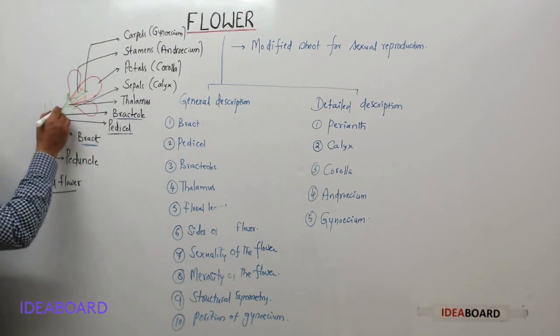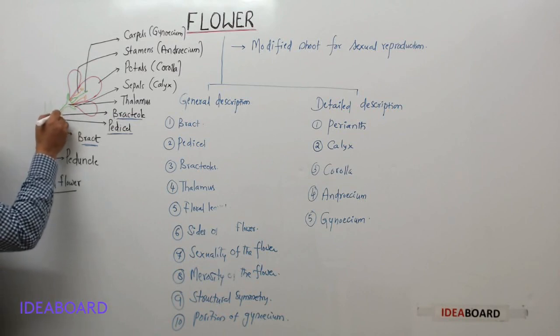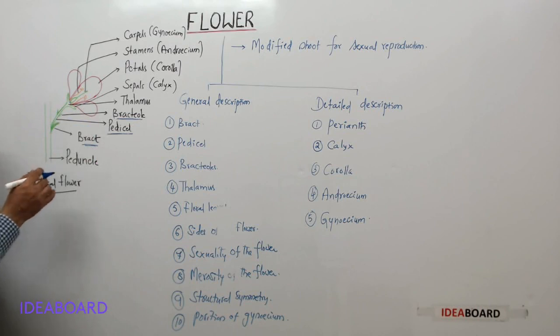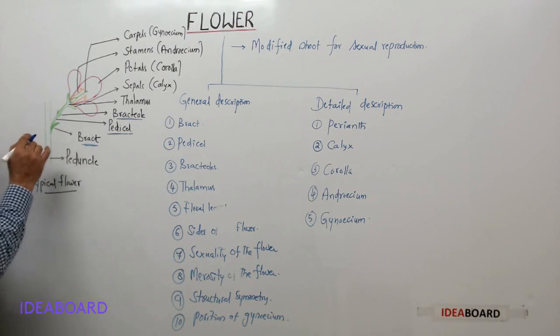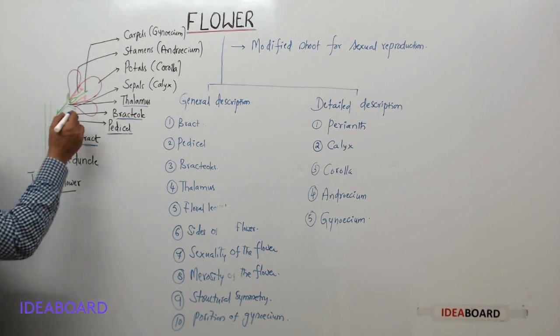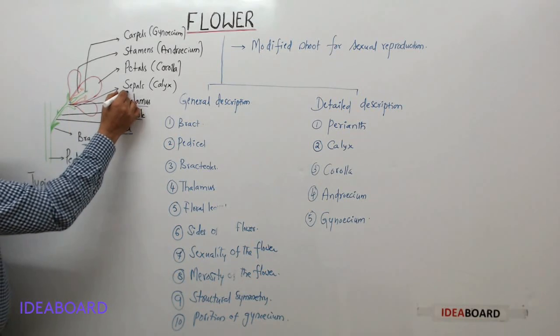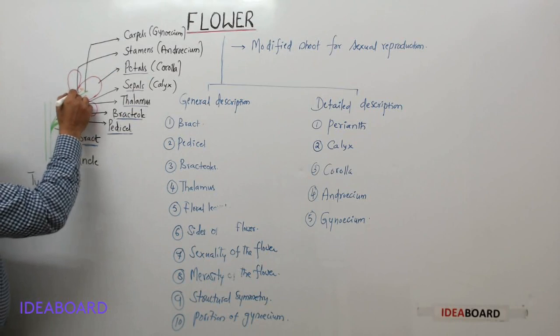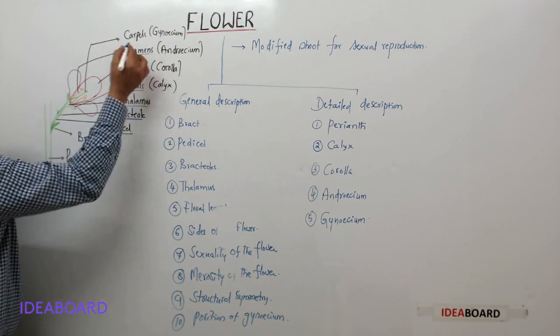Okay, and now this is the pedicel, and the tip of the pedicel is swollen. From here it got condensed, and that condensed tip is called thalamus. Over this thalamus you will find the modified leaves, which are called floral leaves. And the floral leaves include what? These green colored structures, sepals, and these colored structures called petals, and the male sex organs which are called stamens,